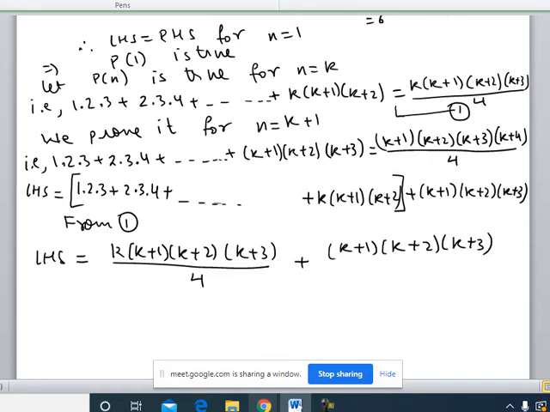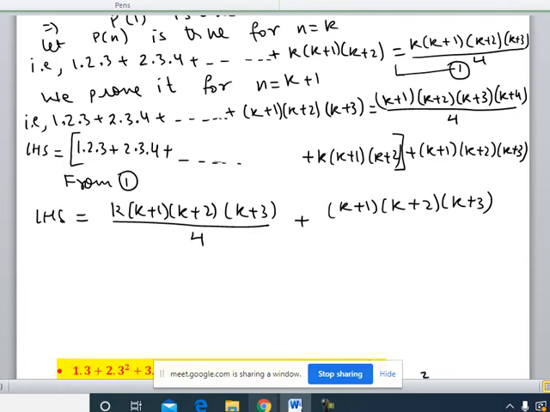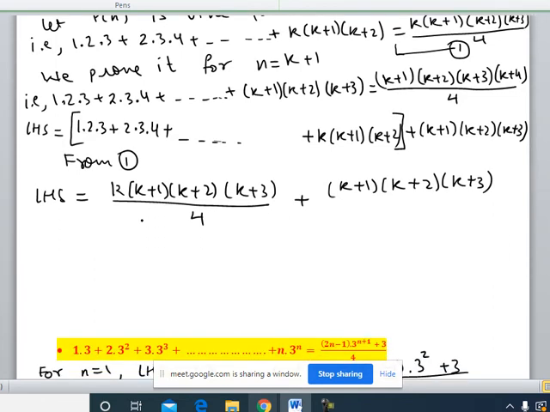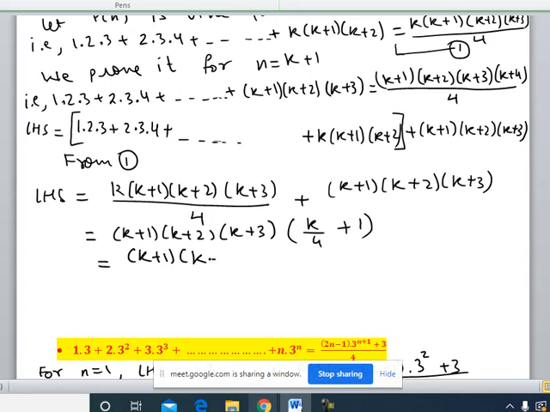So what we need to do is simplify it. Always avoid expanding the entire term for simplification. See what maximum you can take common from the given expression. From both the terms we can take k plus 1, k plus 2 and k plus 3 common. From the first part I am left with k by 4, and from the next term we are left with only 1. So just take the LCM and rewrite the terms. This is k plus 1, k plus 2, k plus 3, and when we take the LCM here and simplify, this is k plus 4 over 4.